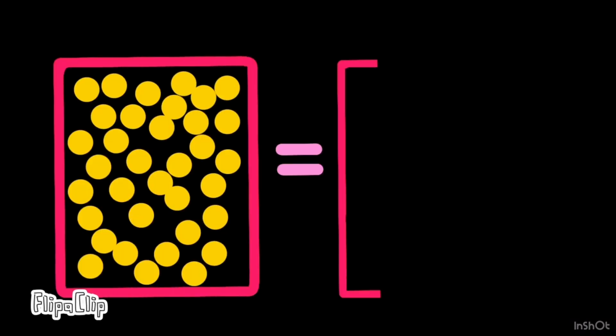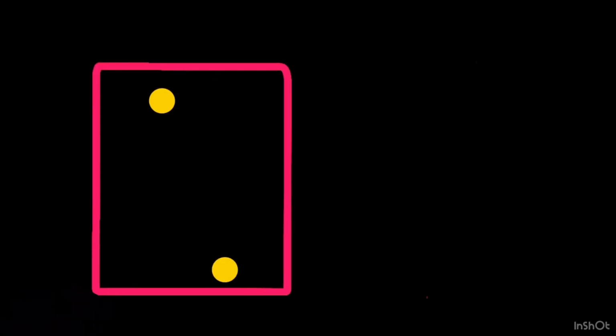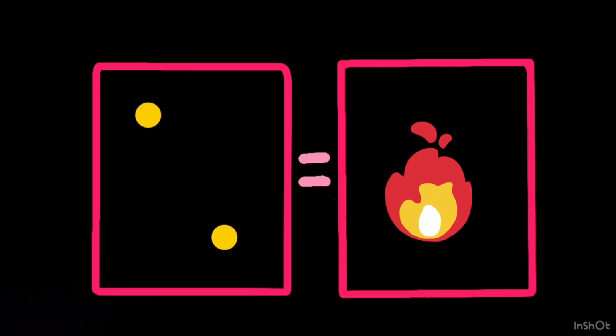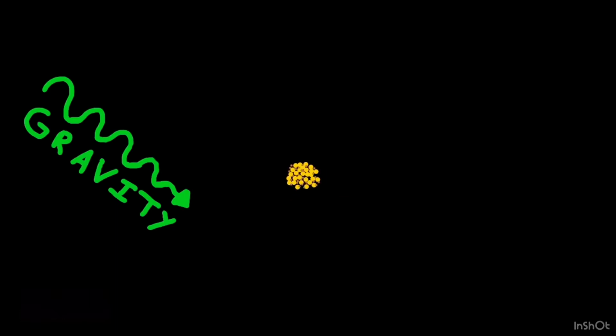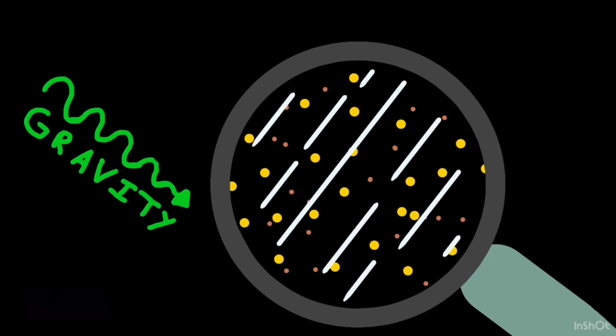The denser a clump of atoms are, the faster the atoms move and bounce off of each other. The faster the atoms move, the hotter it gets. Over the time span of millions and millions of years, gravity will cause tons of atoms to clump together in hot, fast-moving, dense clumps. If you zoom in on these clumps and pause it, you'll be able to see what